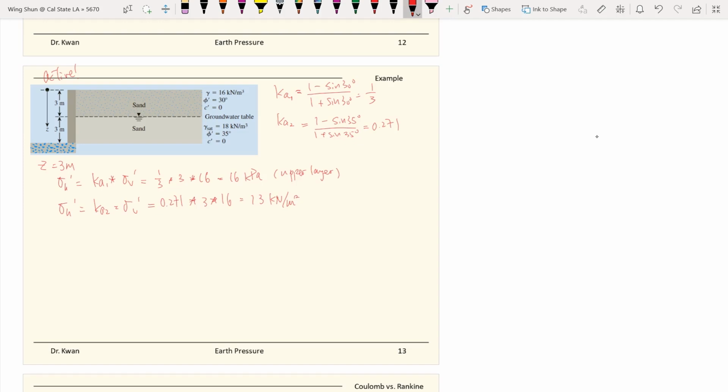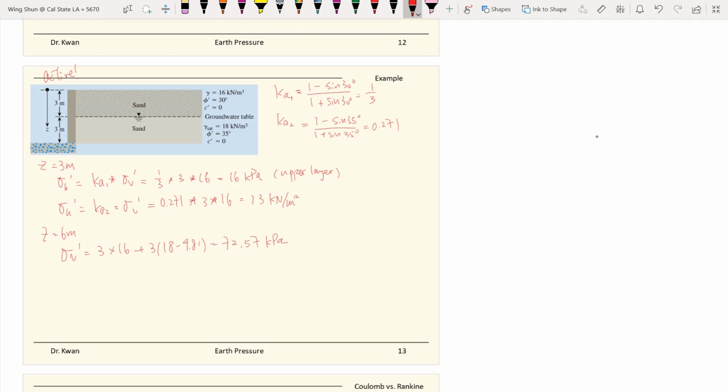And at 6 meters, the stress will be equal to, so first this is the vertical stress, equals 3 times 16, the dry sand, and then plus, now we are at the bottom of the second layer, and this is an effective stress because we need to consider the effective unit weight because it's submerged in the water. So this is 72.57, and